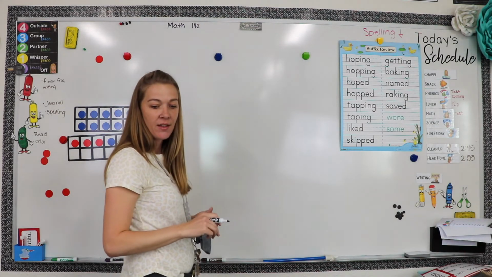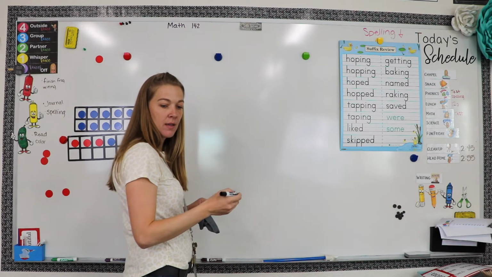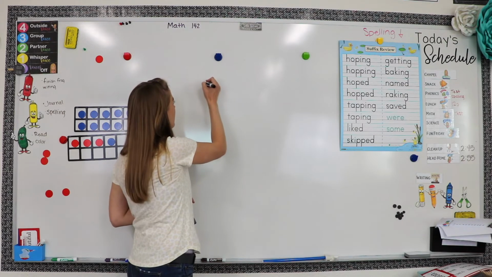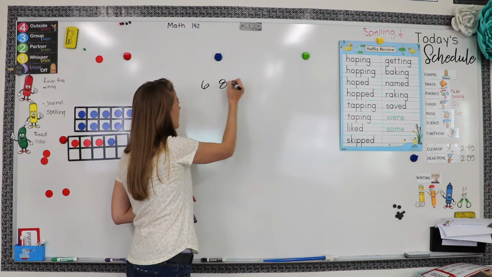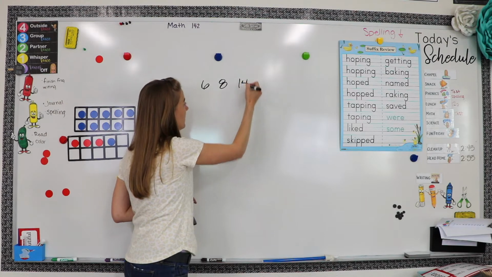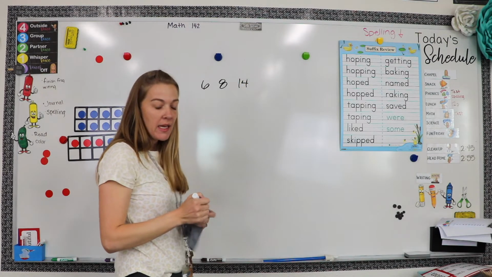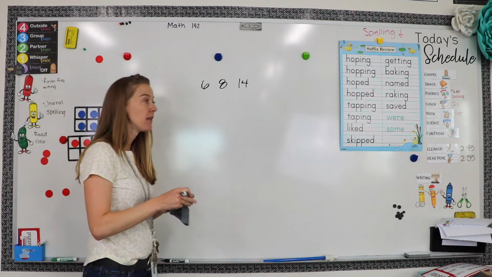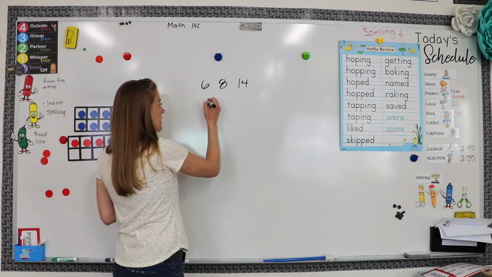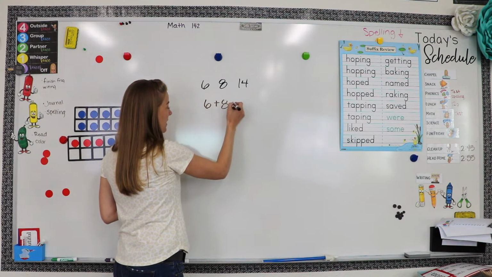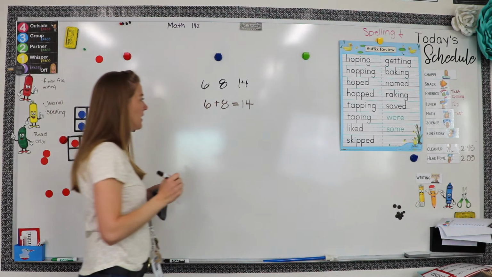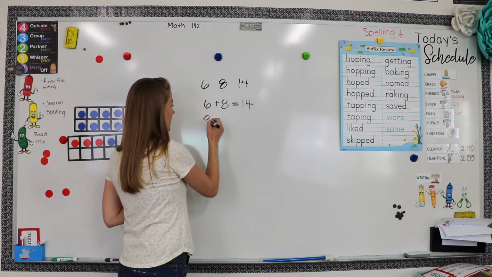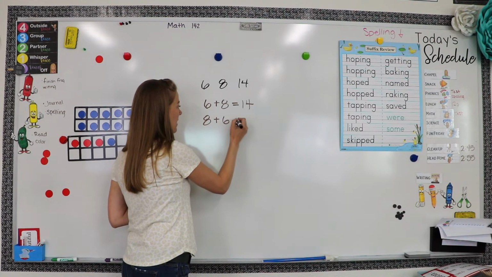If I have 6, 8, and 14, what is going to be my addition sentence? My first one, I can just write it in this order. 6 plus 8 is equal to 14. Now, for my second addition sentence, I'm switching the addends, and I'm doing 8 first plus 6